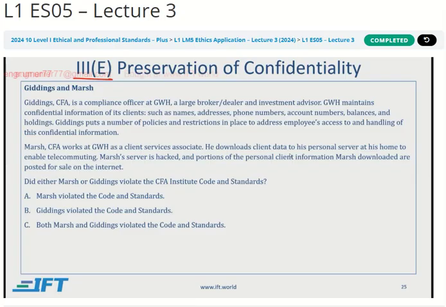He downloads client data to his personal server at his home to enable telecommuting. Marsh's server is hacked, and portions of the personal client information Marsh downloaded are posted for sale on the internet. Did either Marsh or Giddings violate the CFA Institute Code of Standards? So option A is that Marsh violated, B is that Giddings violated, and C is both Marsh and Giddings violated.